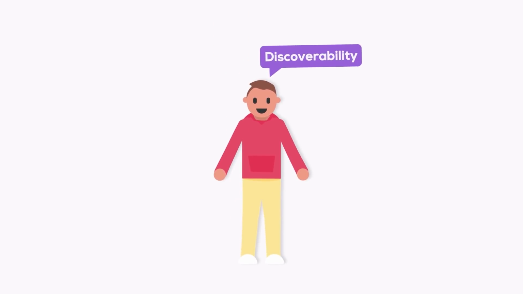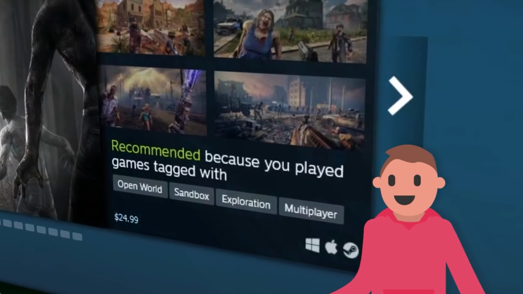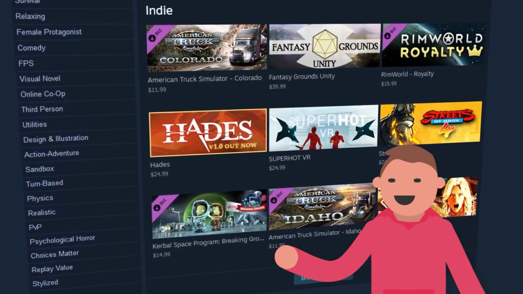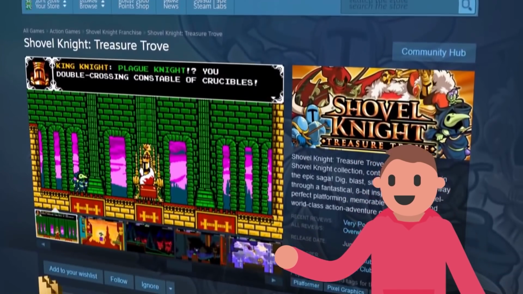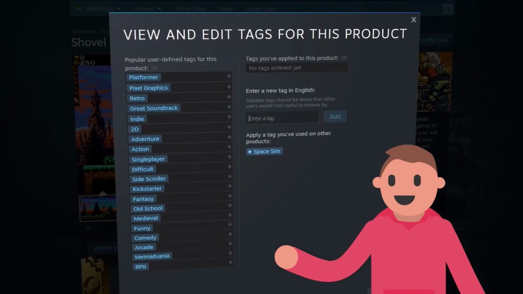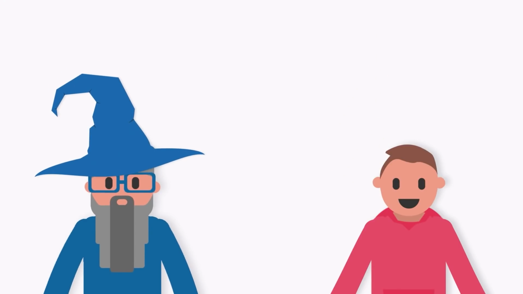Are you getting the most discoverability out of your Steam tags? Steam allows you and players to add tags to your game to help with discoverability. Your tags impact where and how your game will appear to potential customers on Steam. Each game must have 5 tags, up to a maximum of 20. While they're pretty simple and easy to add, there's even a tag wizard to help you.